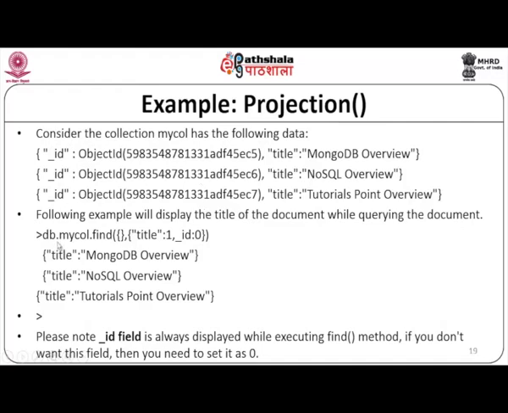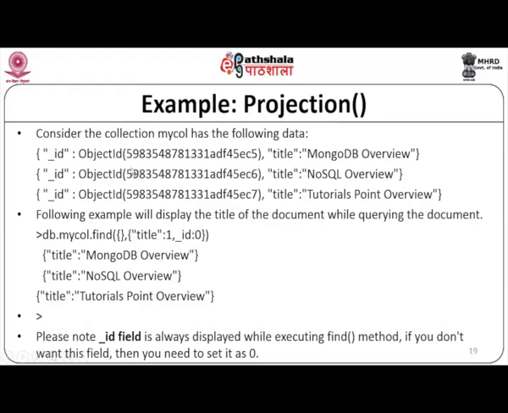Now what I can do is simply type the find command by setting the first parameter with the corresponding key, that is the title which I want to display, and the key must be set with the value 1. If a particular key's value is set to 1, then only those attributes or fields alone will be displayed. Take a look at this statement. Underscore ID is set to 0, meaning the ID information will not be displayed, that is it will be hidden. So when you execute this command, you will find only the titles of these documents listed and not